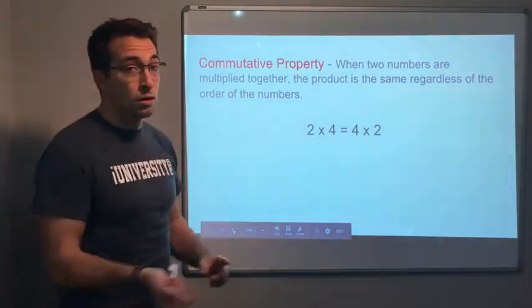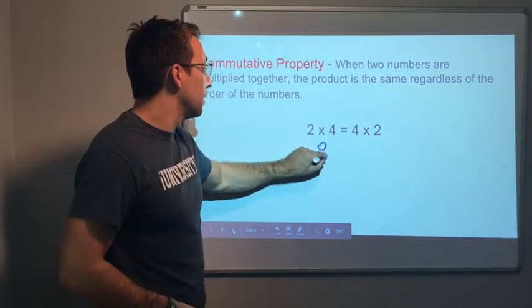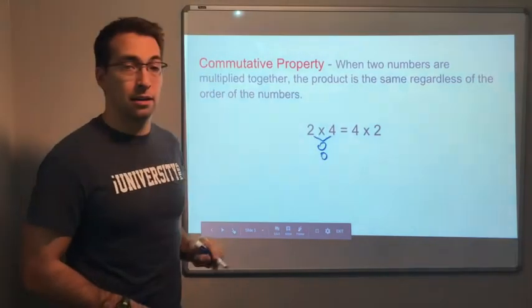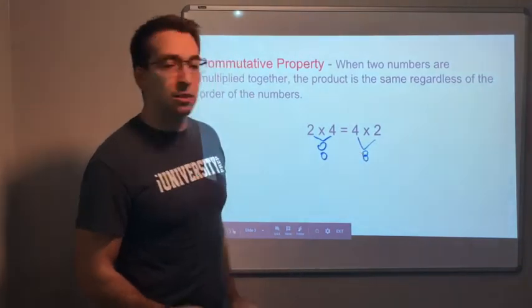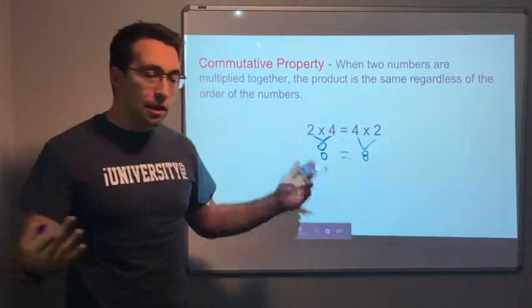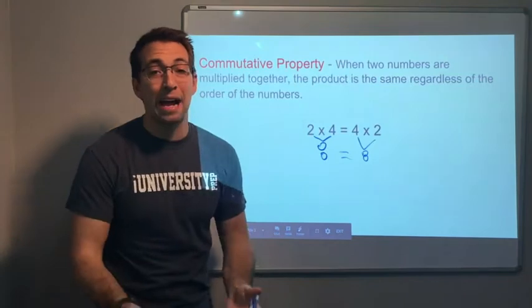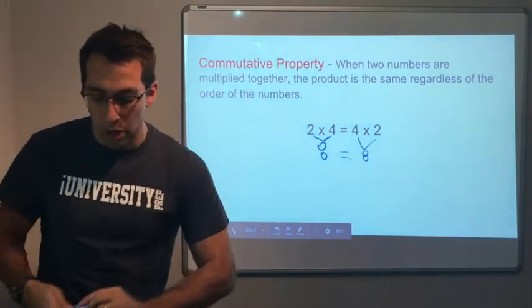2 times 4, well, that's 8, right? 2 times 4 is 8. And what is 4 times 2? Oh, well, that's 8 as well. So 8 equals 8. It doesn't matter the order in which you